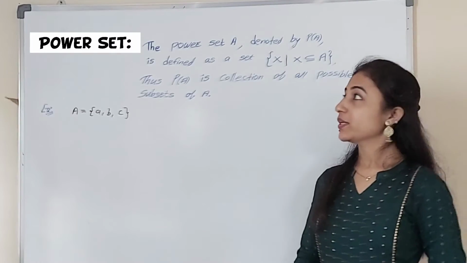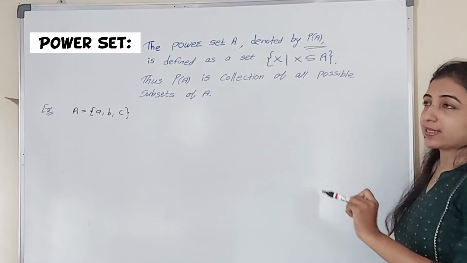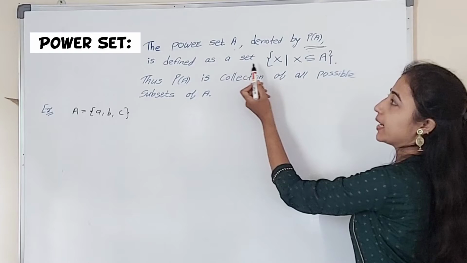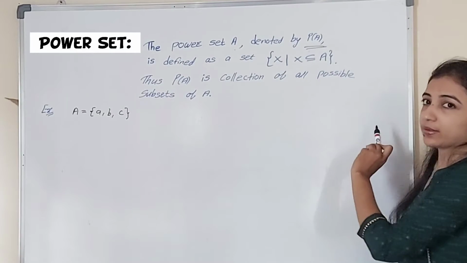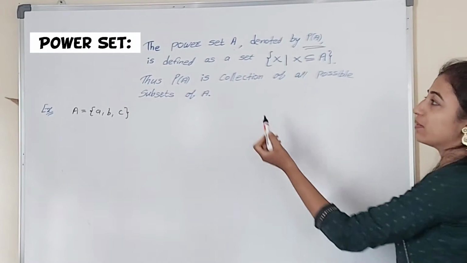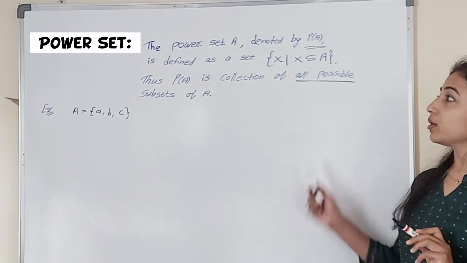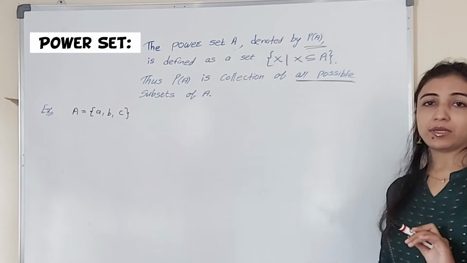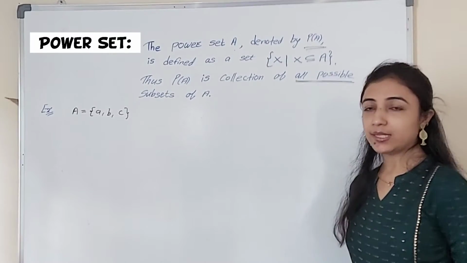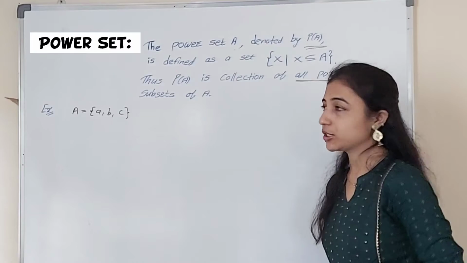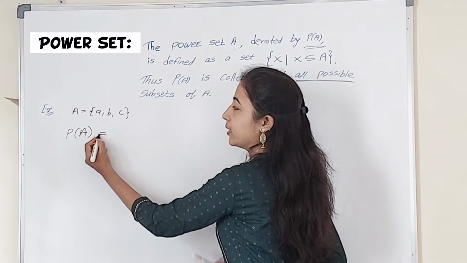And it is nothing but the power set of set A. So here the definition of power set is, the power set of A is denoted by P(A). Just अभी example में P(A) use किया था. And it is defined as a set containing X such that X is a subset of A. Here, in short, we can say the power set is a collection of all possible subsets of set A. So here, all possible subsets का collection, that is nothing but power set. Now see, in this example it contains A, B, C. just अभी x, y, z का देखा था, same यहाँ पे just A, B, C element का collection है. And if we write the power set for this set, so power set of A contains elements